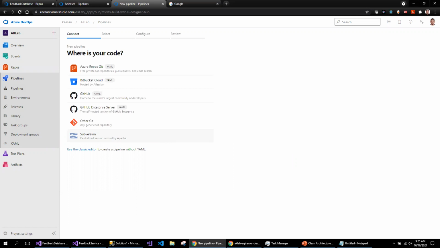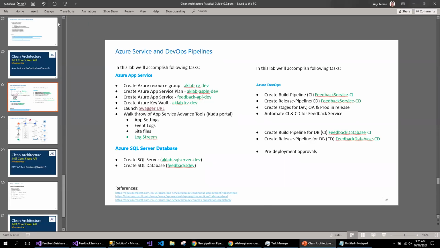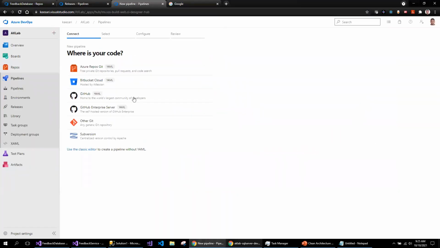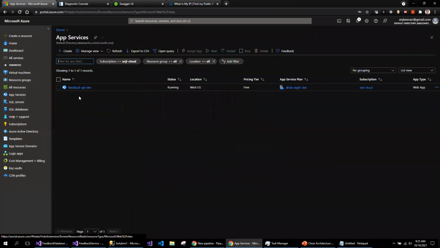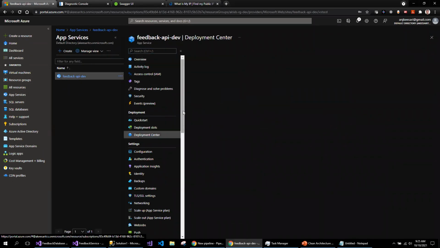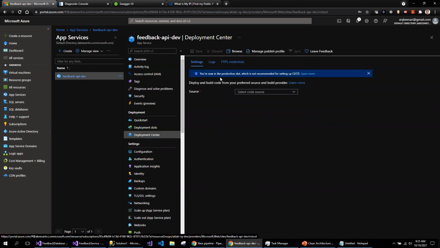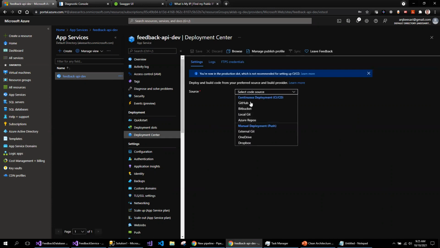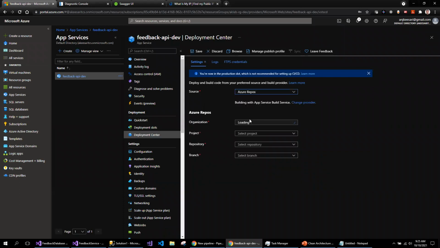Again, creating the Azure pipeline is also something we can do from Azure itself. So if you go to the Azure portal, in the service, let me quickly select the service. In the deployment center, this will also allow you to create the CI/CD by clicking on the configuration. This is a legacy portal. This is going to be retired. From here, you can connect to Azure DevOps. You can select the Git repo location. If you are using Bitbucket, select Bitbucket, GitHub, local Git, or Azure DevOps.